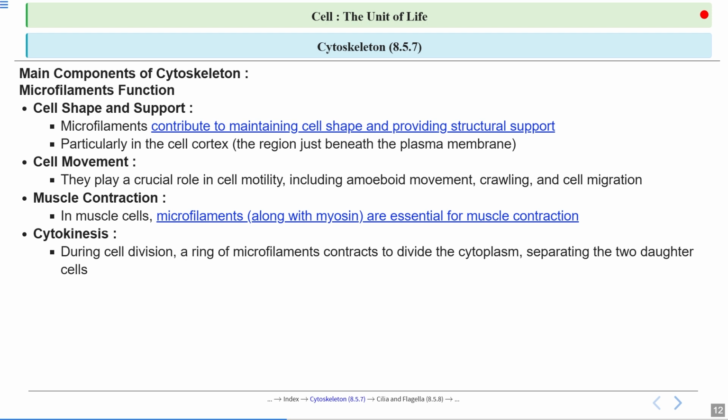Okay, so what does this microfilament do? These microfilaments will form a ring, and this ring will contract. It will divide the cytoplasm, and it will divide this cytoplasm equally into the two daughter cells. So organelles and the nucleus are distributed equally in the daughter cells. Clear? So you can see they play a very important role in cell division as well. Even microtubules, which form spindles, also play a very important role in forming spindles through which the chromosomes get separated.